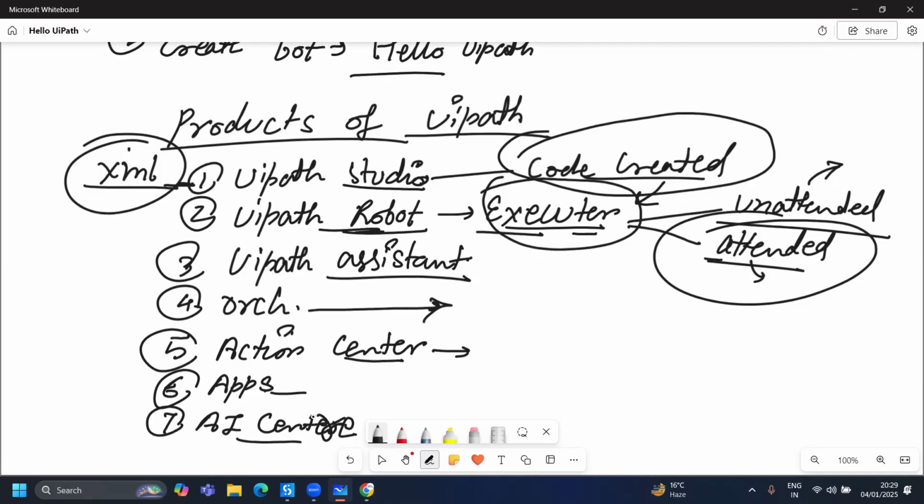Okay. Then we have AI Center. What is AI Center basically? As we saw in the journey of UiPath, it started from scripts, went to the tool, and after that it's the era of IPA, intelligent process automation. So the I stands for basically AI. Okay, and what you can do from the AI Center is, if your bot, suppose, so